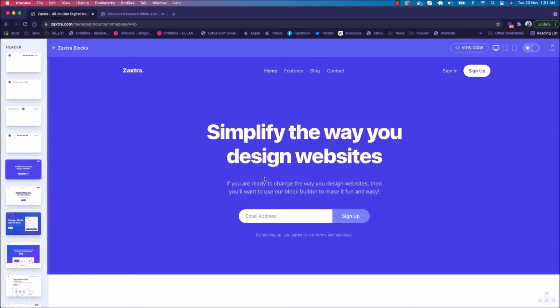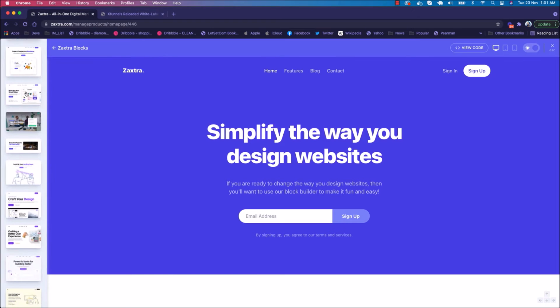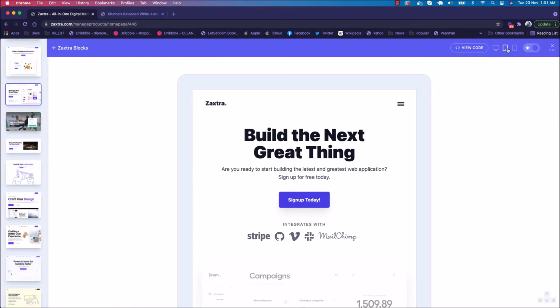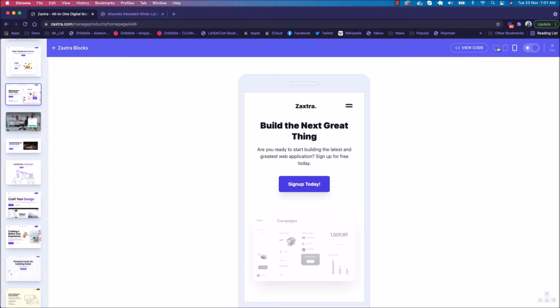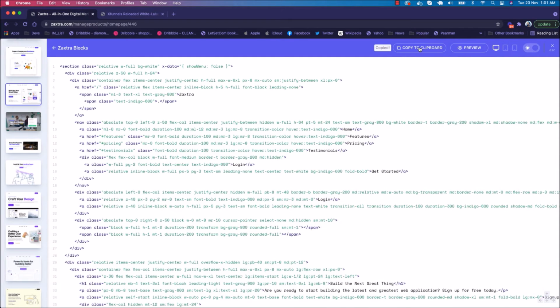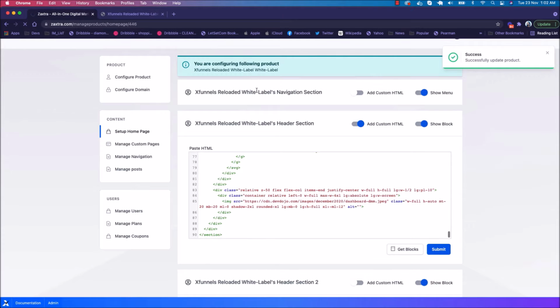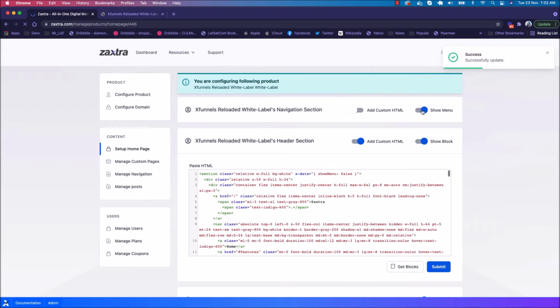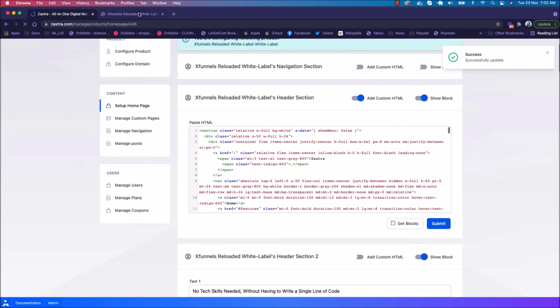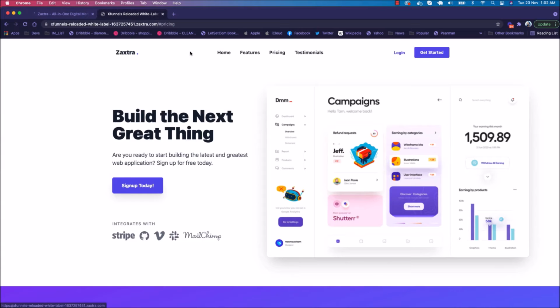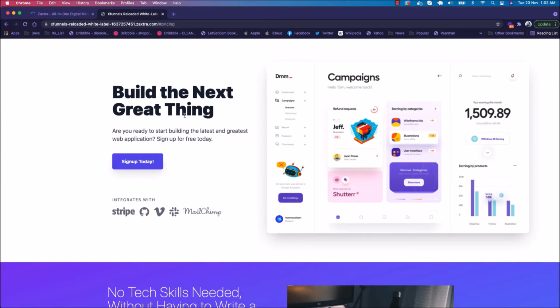And if you want to have the lighter theme, you can click on this, and now it will be lighter. So if we want to go with this, or some other blocks in this section, let's go with this block. So this is going to look like this on iPad and on phone, and we click on copy to clipboard, and we just paste the code here and click on submit. Now when we come back to the main page here and refresh this page, it is changed now. You see it has different links, different design altogether.